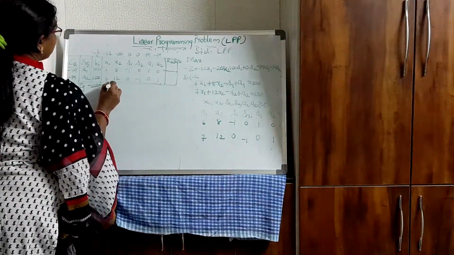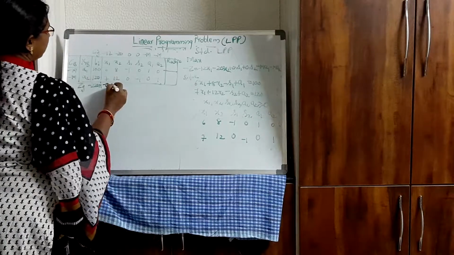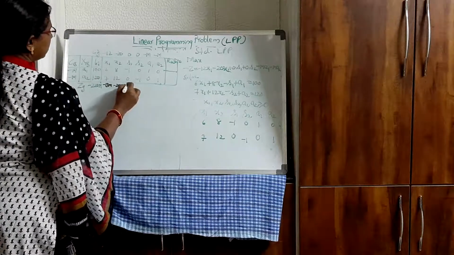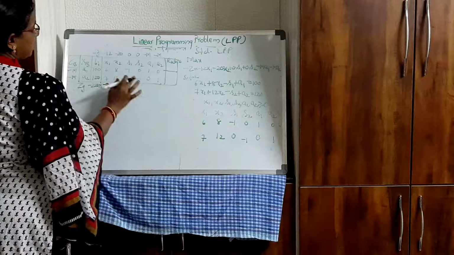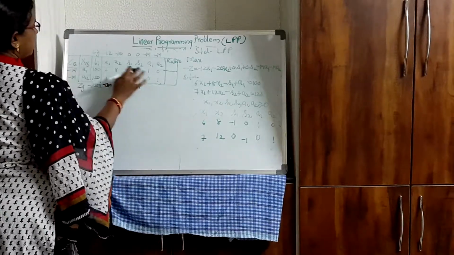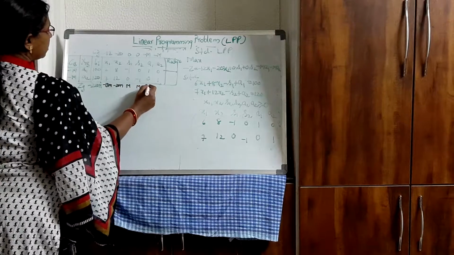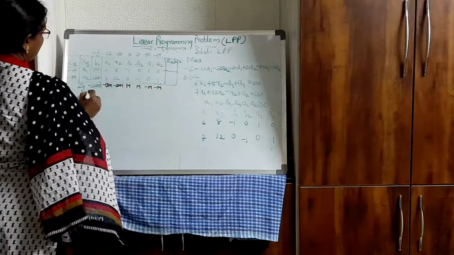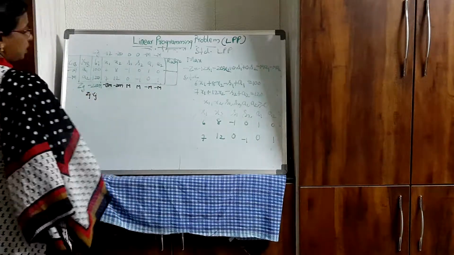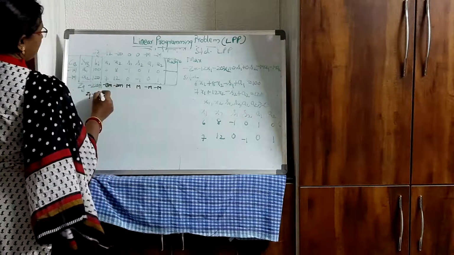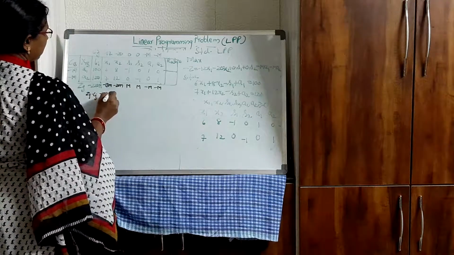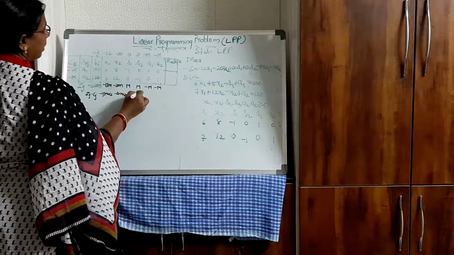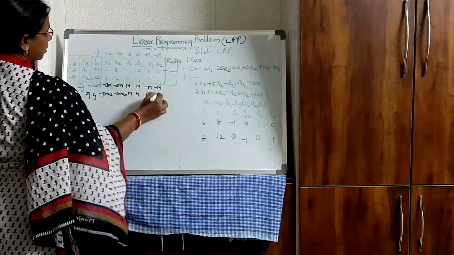Minus 13M, minus 8 into M minus 12 into M is minus 20M, minus M into minus 1 minus M into 0. This will be M, minus M into 0, minus M into minus 1 is M, minus M into 1 plus minus M into 0 is minus M, minus M into 0 minus M into 1 is minus M. Now you find Zj minus Cj's. So minus 13M will get plus 12, minus 20M plus 20. This will be M, this will be M, minus M plus M is 0, minus M plus M is 0.